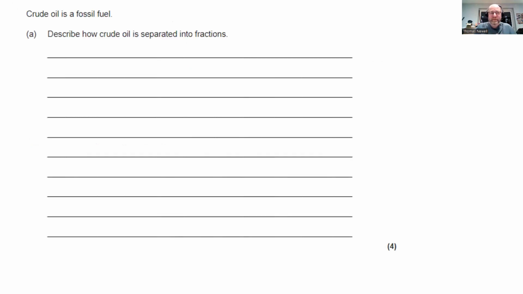Okay, and finally, one that combines basically everything. It says, how do we separate crude oil? So you're going to get marks for saying, oh, by fractional distillation. That's a key term. So just saying in a fractionating tower or fractionating column, if they haven't mentioned fractional distillation or fractionating tower in the question, it's definitely on the mark scheme. So you can just say using a fractionating tower, using fractional distillation.